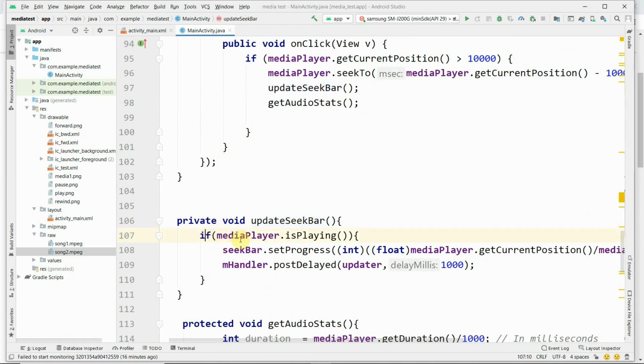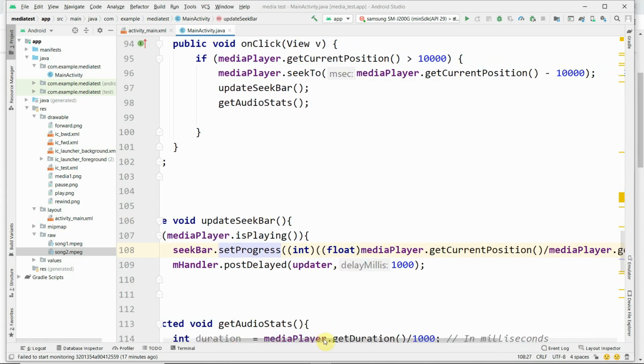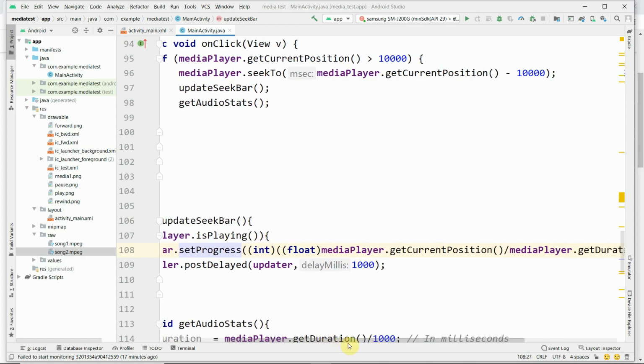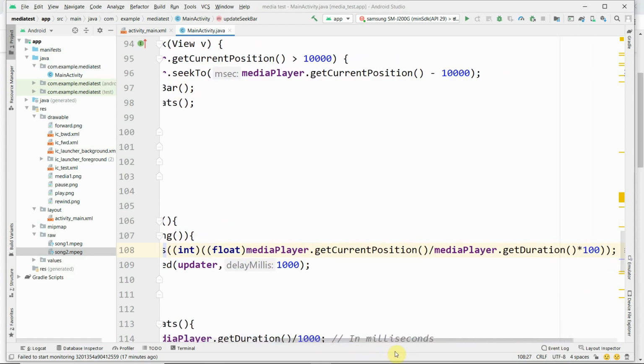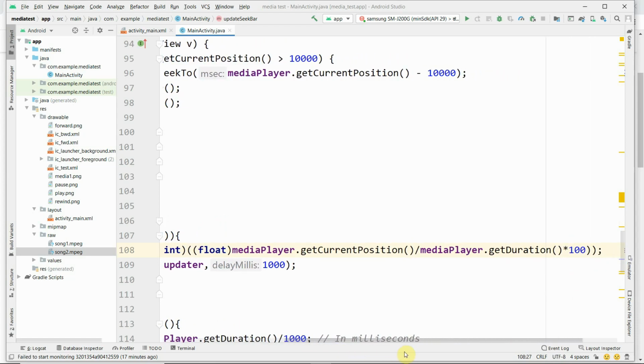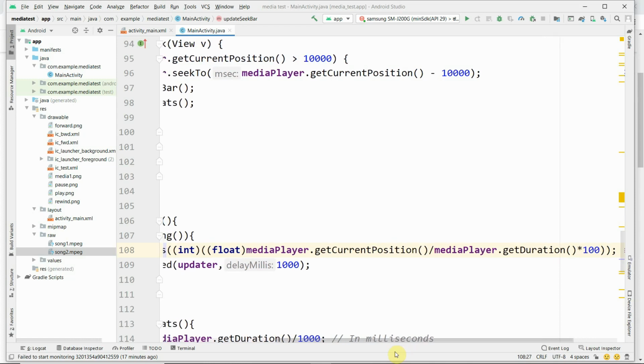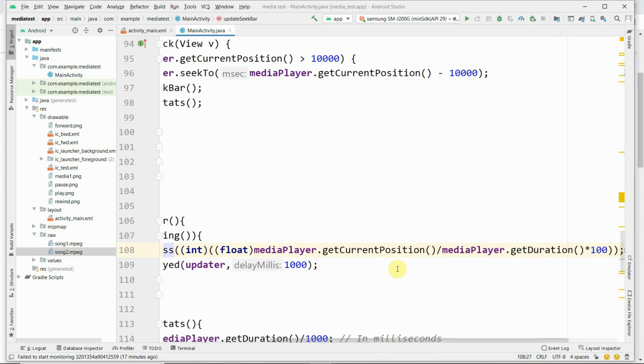If the media player is playing, then seekBar.setProgress. The progress of the seek bar is set using this statement, that is, mediaPlayer.getCurrentPosition divided by mediaPlayer.getDuration into 100, because the media player returns the duration in terms of milliseconds. Therefore, we divide the current position by the duration and multiply by 100.